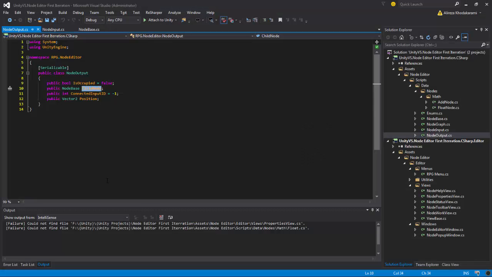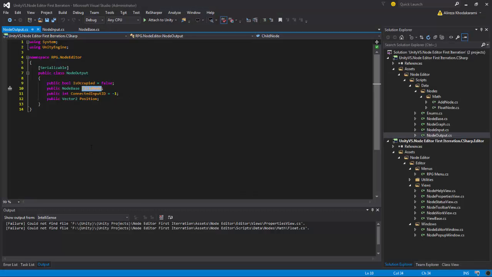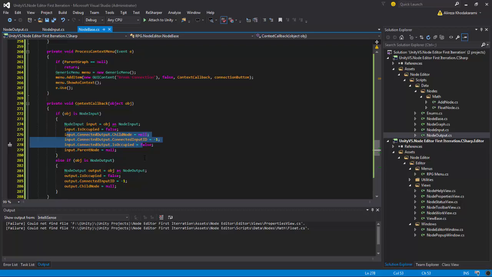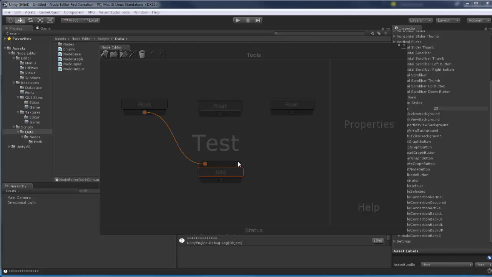Let's see. Did I save it? Yeah. Okay, so let's redraw the connections. If I right click here, oh, break connection. Oh, we remove everything there. We don't need that. I think it's this guy. Yeah, so break connection,